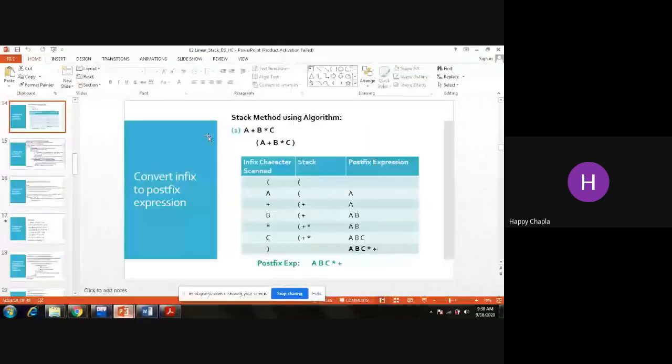So here, using stack, that means our second method, we need to push something into the stack, we need to pop out some elements from the stack, and those kinds of operations we need to perform in our experiment. One example we have already studied.